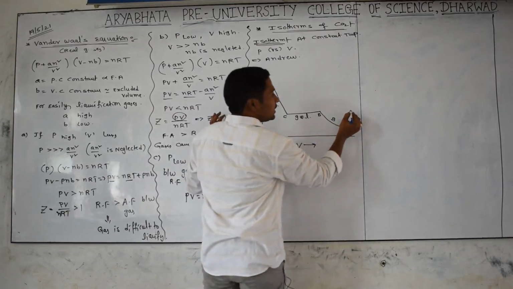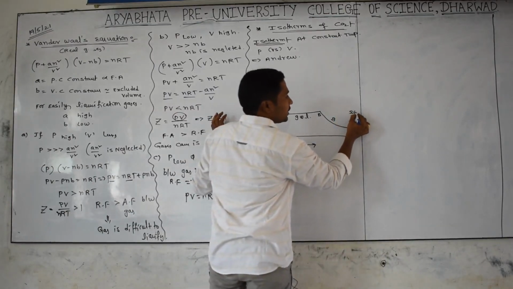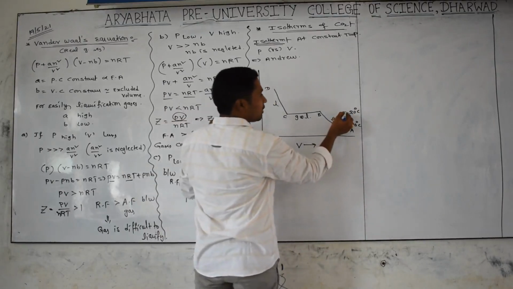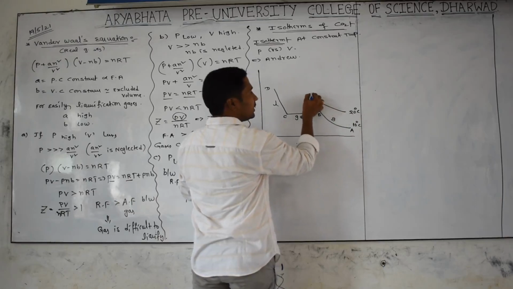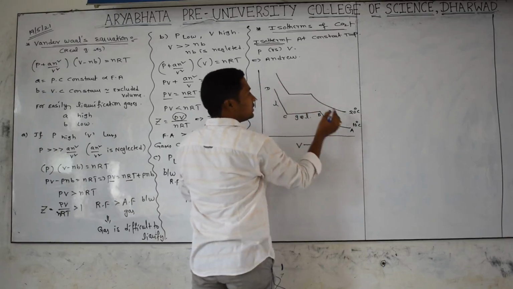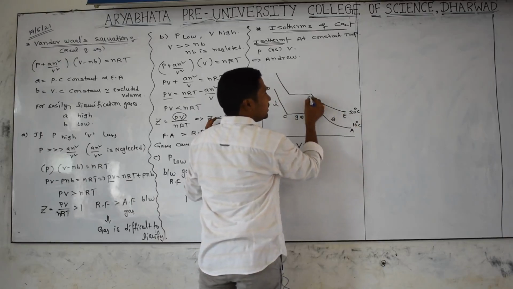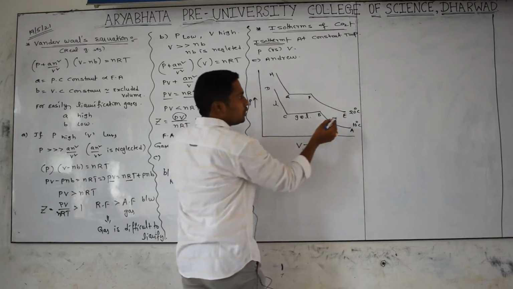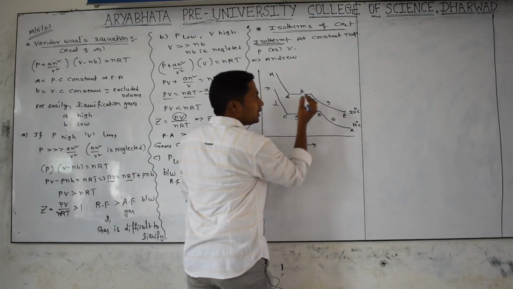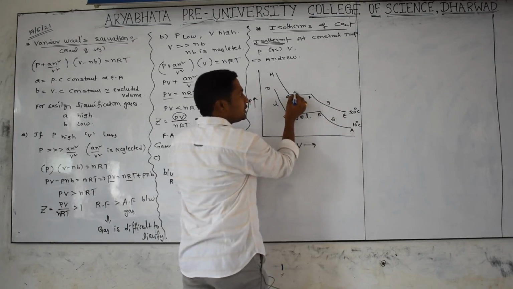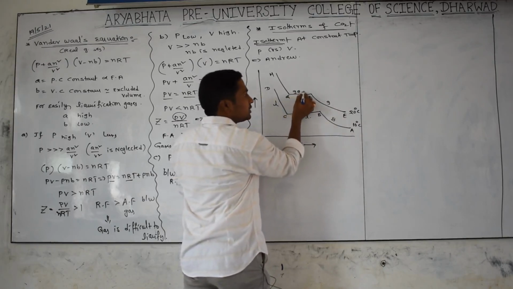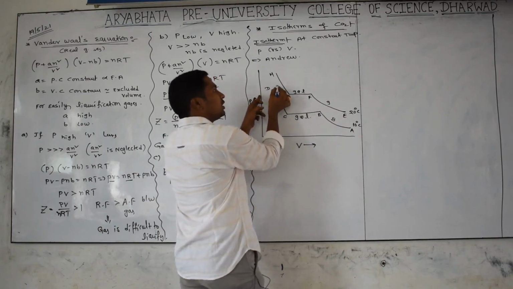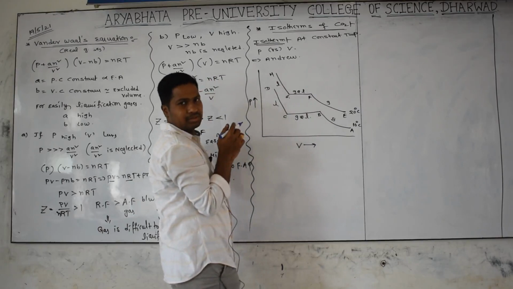Now I am doing the same experiment at another temperature, 20 degrees Celsius. Now what graph are you getting? Like this we are getting, like this and like this. This is E, F, G, H. You observed? EF, the matter exists in only the gas phase. Between F and G, the matter exists in both gas phase and liquid phase. After crossing G, that is after high pressure, the total matter converts into the liquid phase.